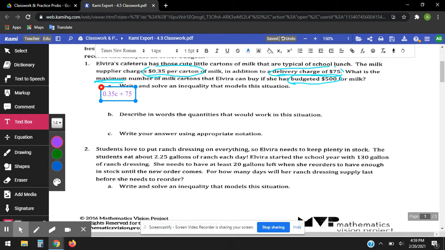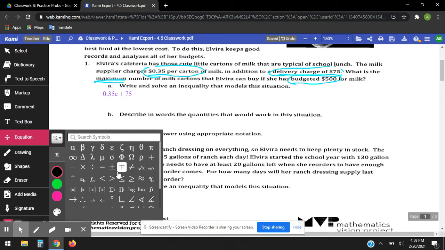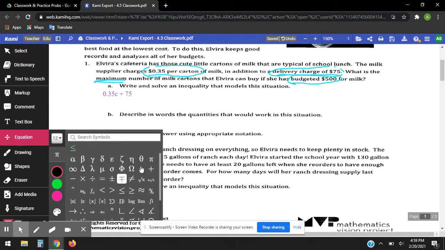And then it has to be a maximum of $500. So our inequality has to be something where this side cannot be more than 500. So what that means is it has to be less than or equal to,